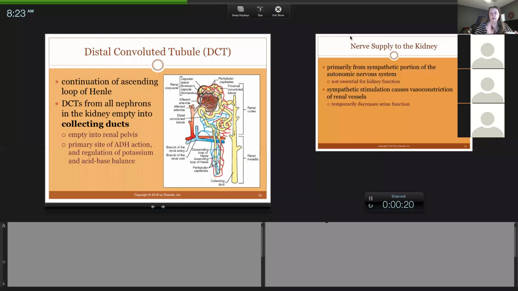Okay. The reason I went back to this picture, we've already done this slide, but I'm going to talk about reabsorption and secretion, some urine production things. When I'm talking about reabsorption and secretion, we're usually talking anywhere from the PCT, the loop of Henle, and the DCT. So once glomerular filtrate turns into tubular filtrate, and tubular filtrate is eventually going to be urine, as